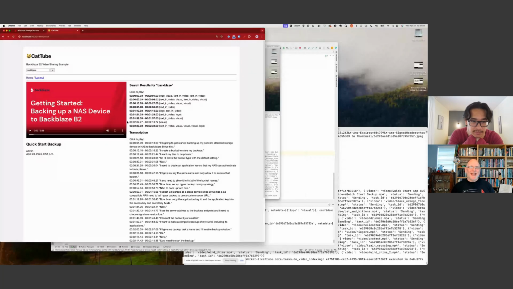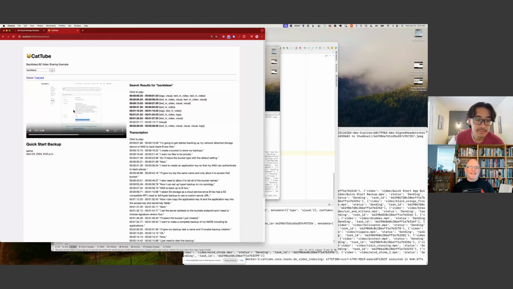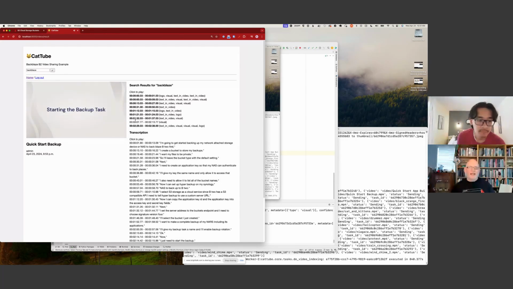So what I can see now is that 12 Labs gave me back the time of each search hit on Backblaze and told me exactly what it found. At this point here, there's some video and the logo. And then here it's just, I guess, a visual. It's recognizing something. And that's not in bold, so it's not as confident about that.